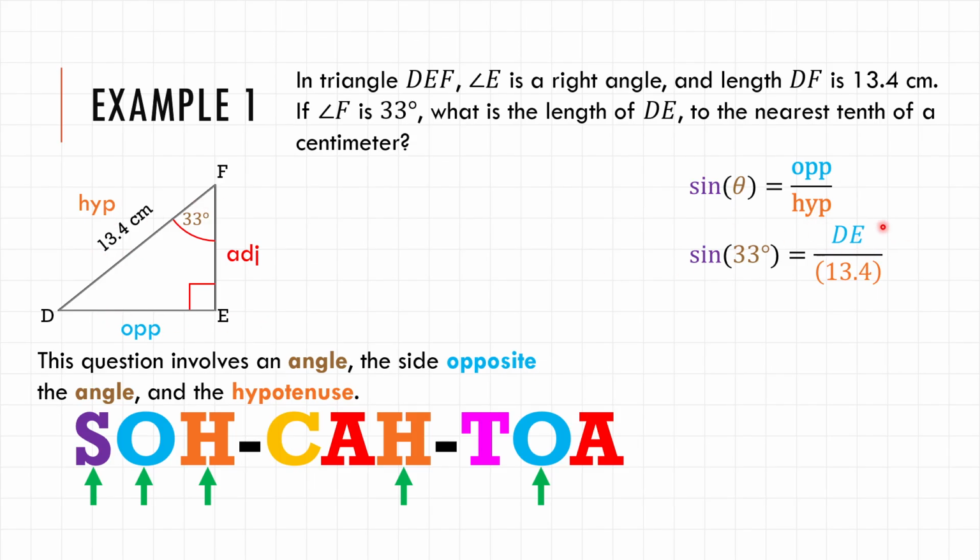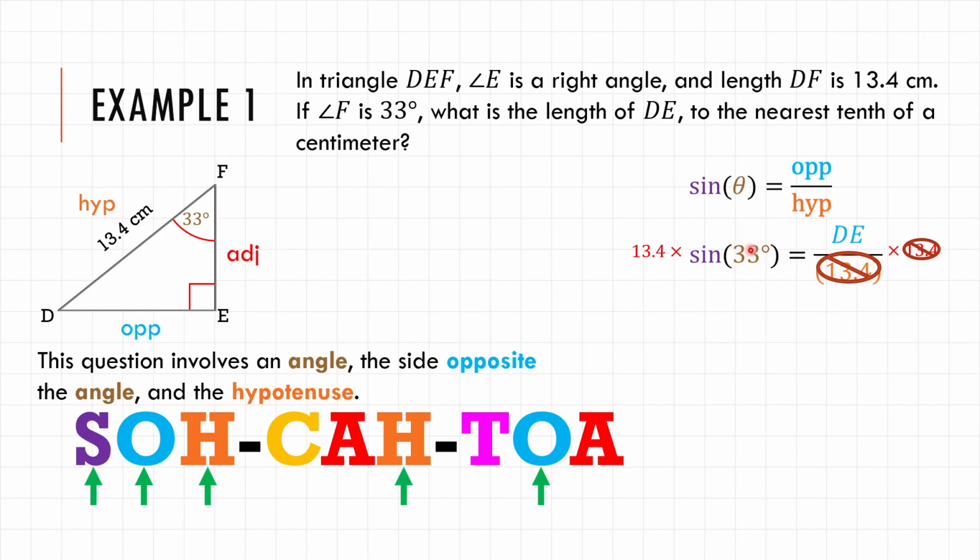Now, to isolate my unknown value, I just have to get rid of 13.4, so I'll do the opposite of dividing, which is multiplying. That will cancel it out, and then I multiply the other side by 13.4. And now, what is sine 33? This is, like we talked about, a very specific ratio. And you can find out what that ratio is by